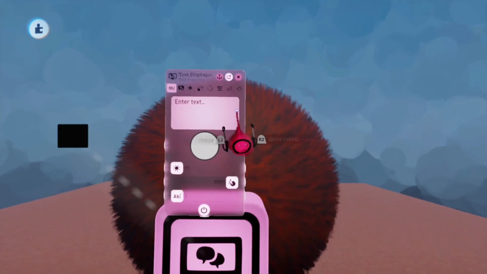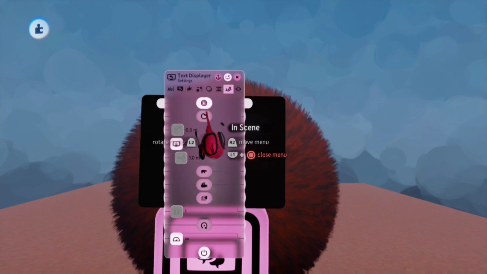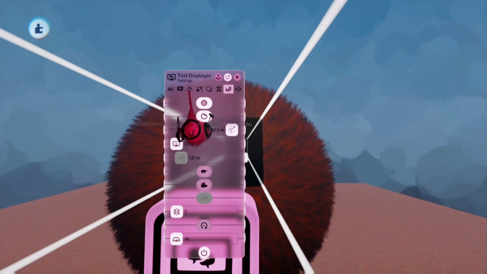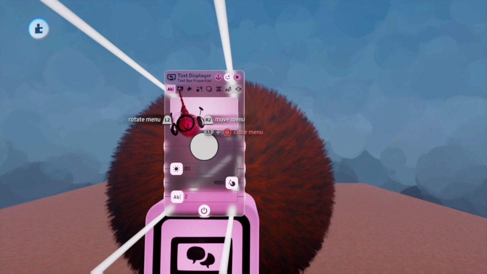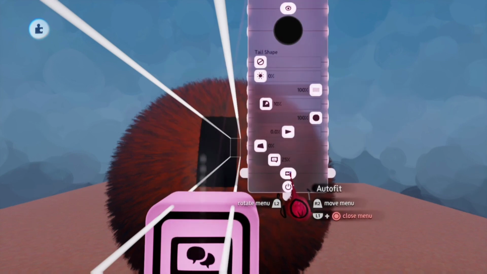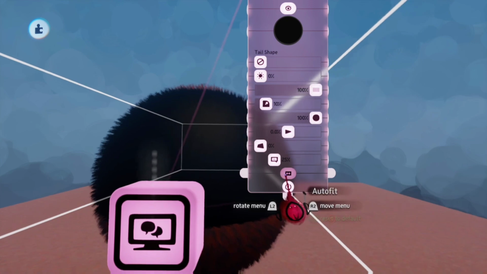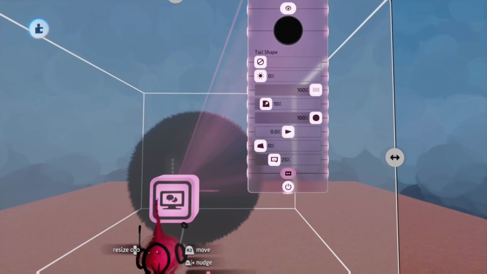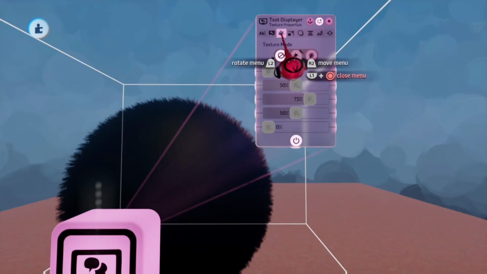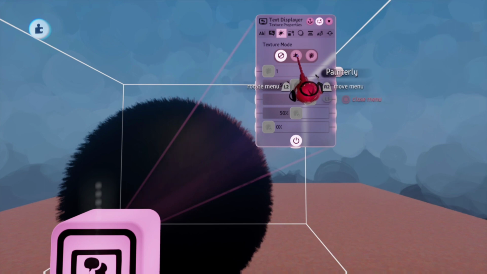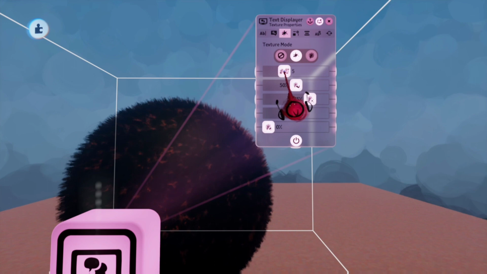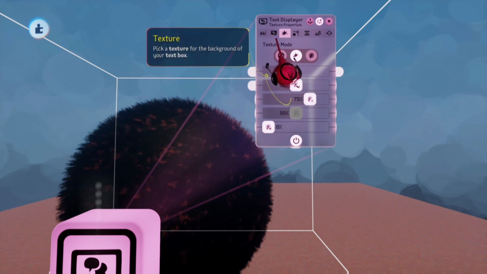So if we go into the text displayer and then go in scene and then sticker mode, turn up the sticker depth all the way, enter the text as a space so there's something there, go auto fit, so turn that off and then just adjust the kind of size of it. Now from here, under the texture properties, you can add like these different kind of flecks or texture maps. I go with this speckly one,